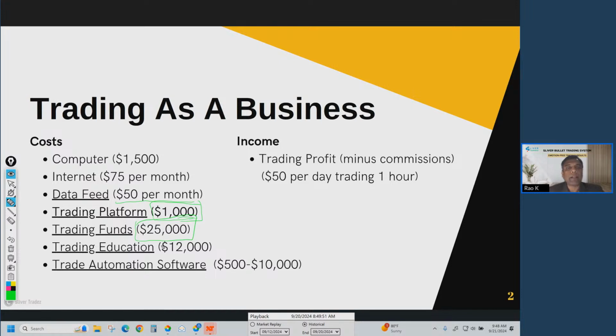And then trading education. This is a key part. Most of the traders who get into stock market, they get into stock market because of ease of access. 30 years ago, stock market was not accessible to common people. Only the certified brokers or advisors had the access, a seat to be able to do trading. And after the internet boom, trading became accessible. So everybody opens an account with Charles Schwab or Ameritrade and think they are traders. But